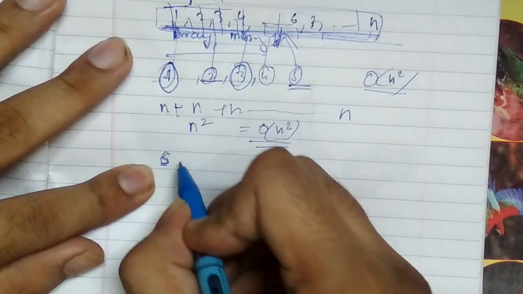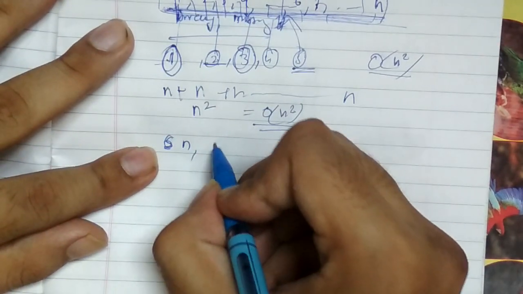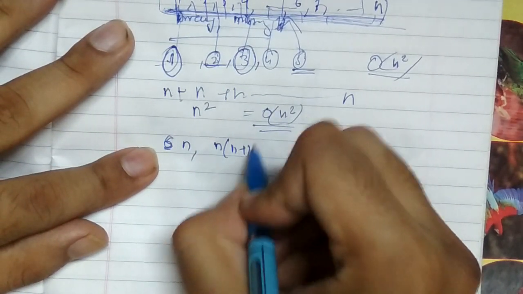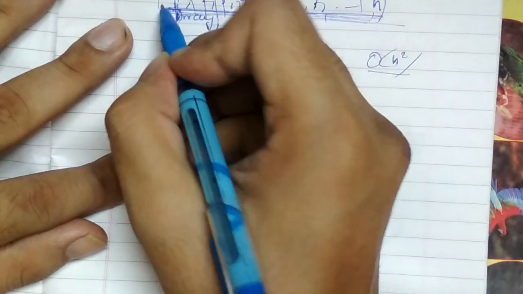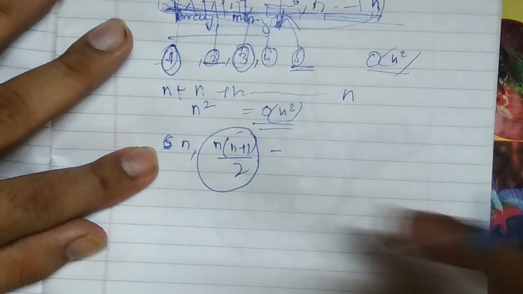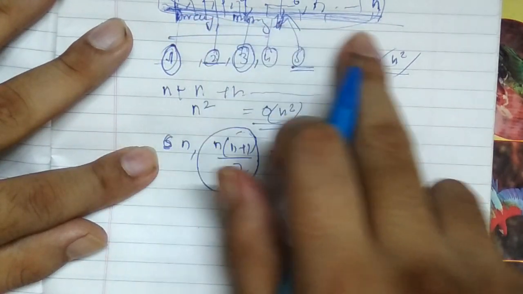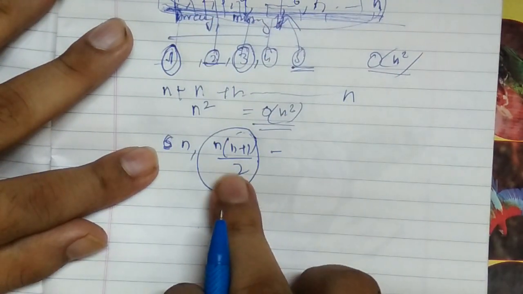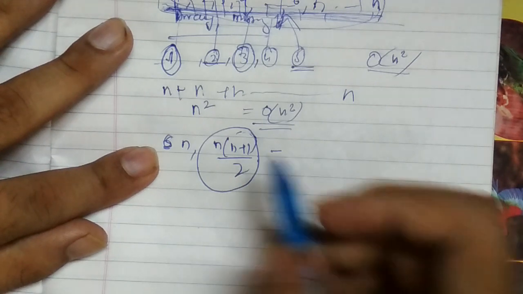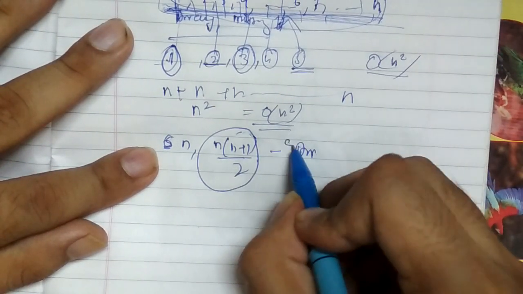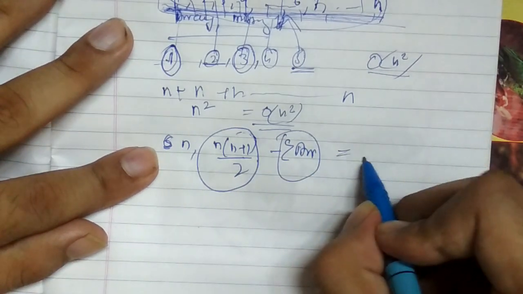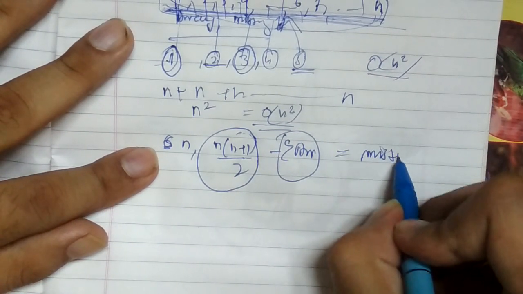We know if n numbers are present, then the sum of the first n numbers is n(n+1)/2. We can calculate this and subtract the sum of the array elements which we have from the sum of natural numbers which it should be. So we are subtracting what we have from what it should be, the sum of the array, and we will get the missing number.